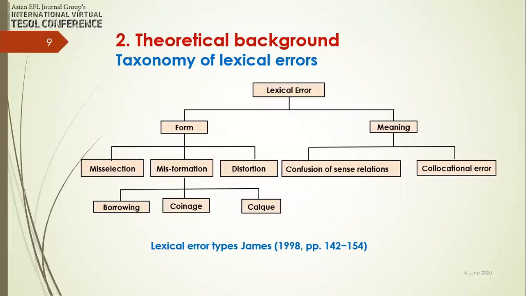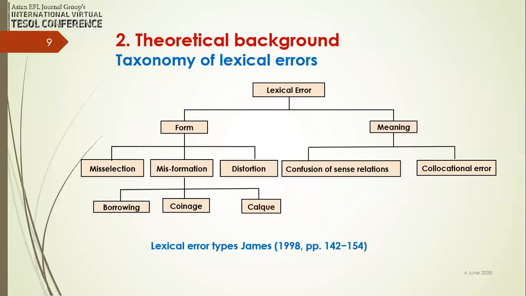Yes, if we go to the taxonomy of lexical errors, we have two branches. You see the right branch and the left branch. The right branch is related to our work, but the left branch, which is form, has no pertinence to our research. We focus more on the meaning. Why? Because this is salient relating to the lexical diffusion in the written language of our students, especially leading to the confusion of the reader